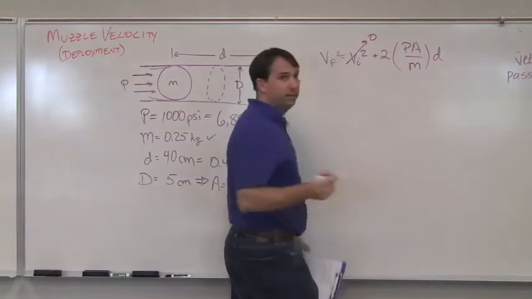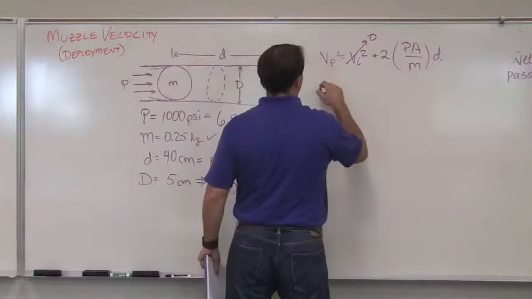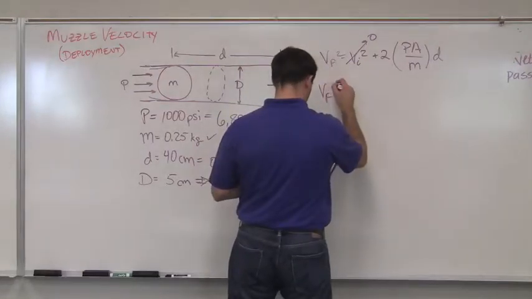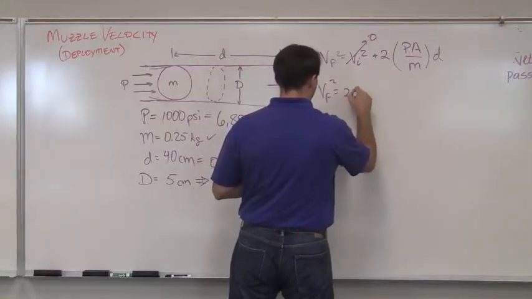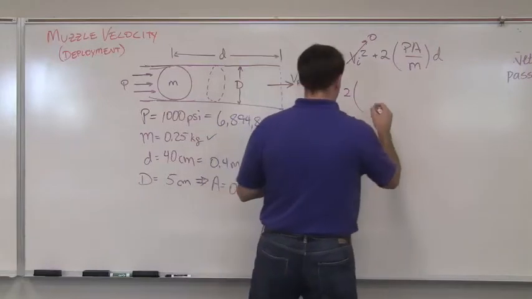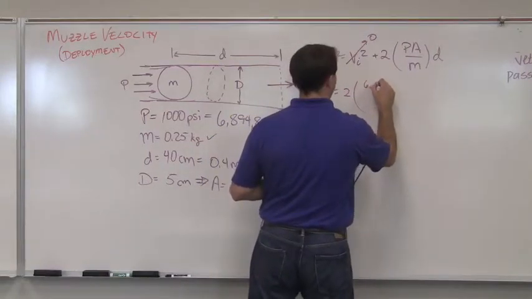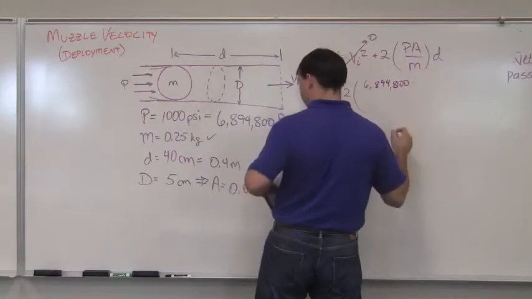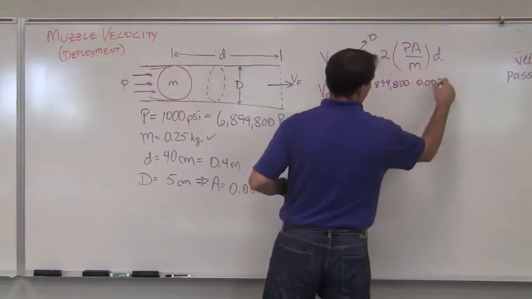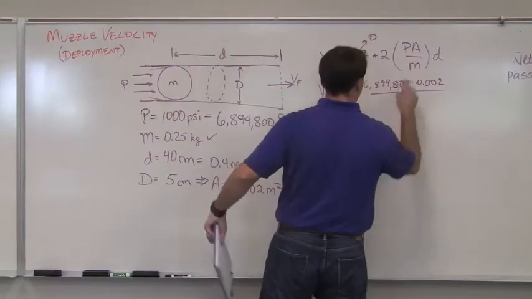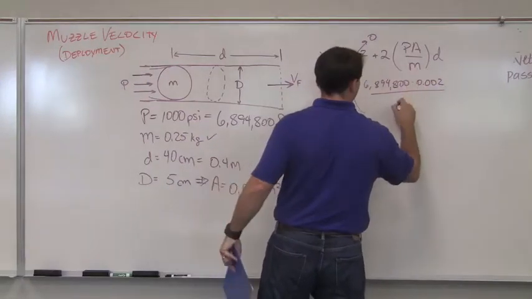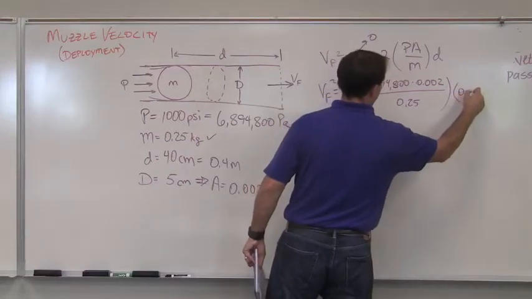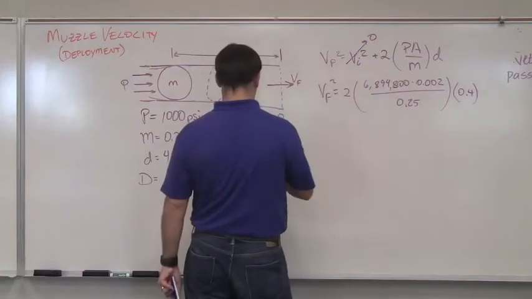Again, it's at rest, so V initial is 0, so V final squared equals 2 times 6,894,800 times area, which is 0.002, divided by the mass, which is 0.25, times the distance, which is 0.4, and